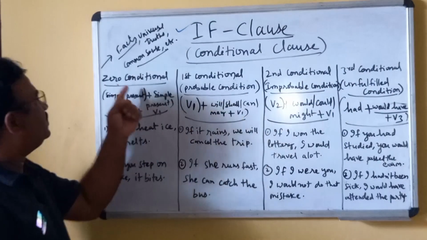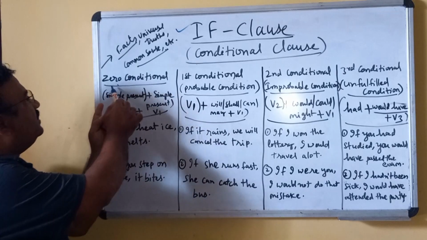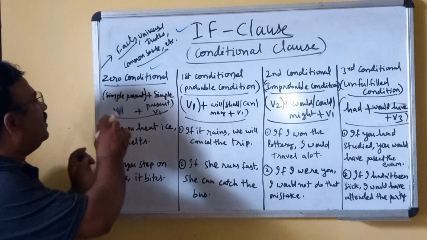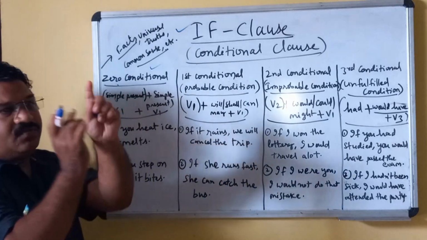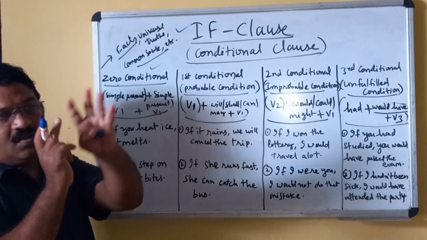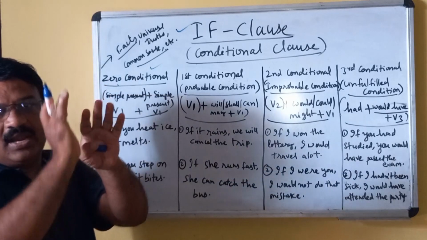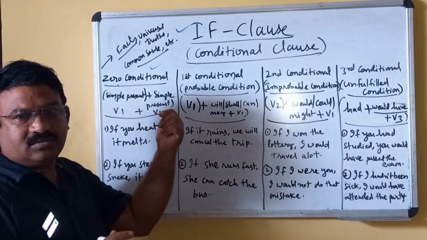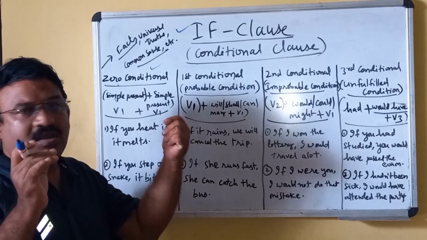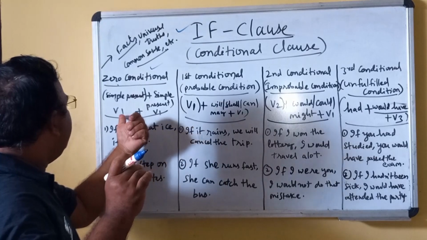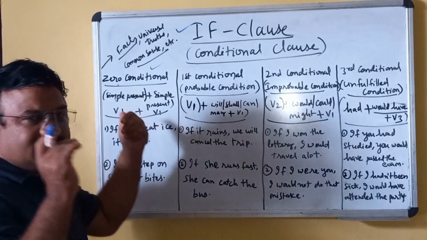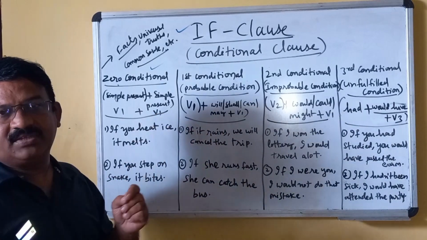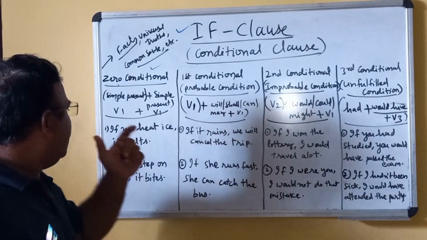See, what is the first conditional clause? The first is called the zero conditional clause, in simple present tense. There are two clauses here: the first is the subordinate clause and the other is the main clause. In the subordinate clause, that means the conditional clause, if the verb is simple present tense, in the main clause the verb is also simple present tense. For example,